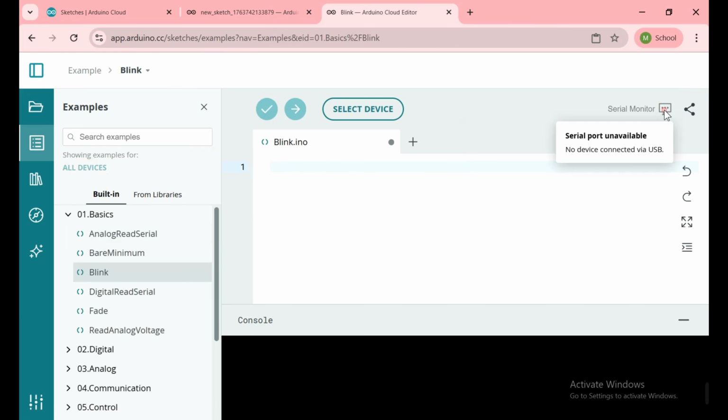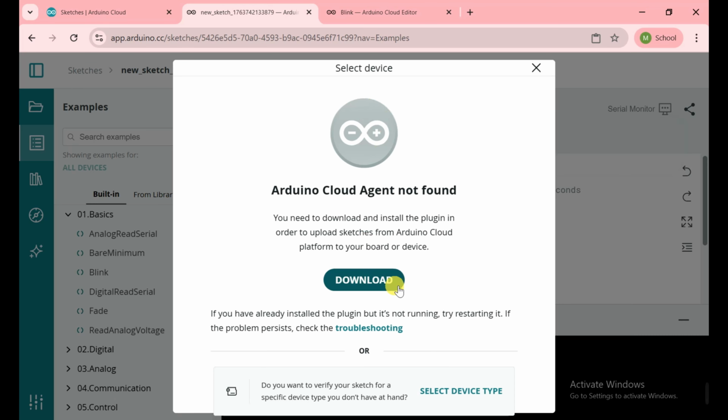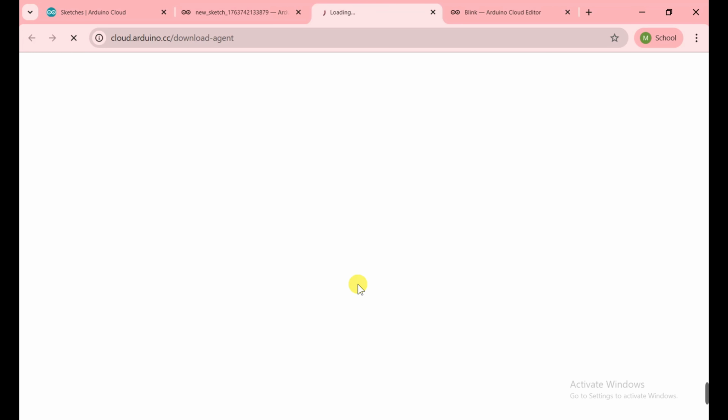There is the serial monitor. Okay, serial port unavailable because I have not connected any kind of device, so that's why the serial monitor is not available for me. And there is the select device option, and it says Arduino Cloud Agent not found, so we first need to download the Cloud Agent, which I said you need to download. You need to click on this download button,